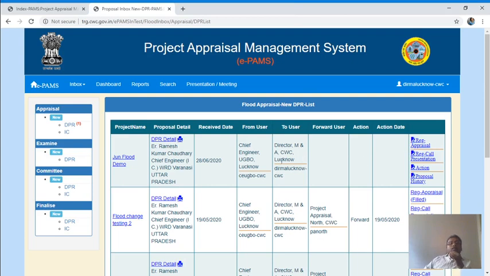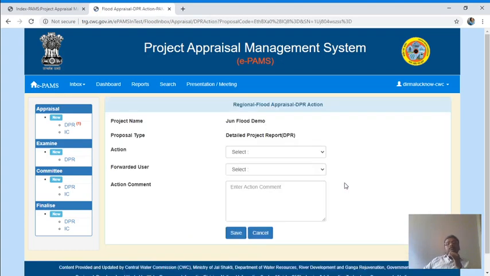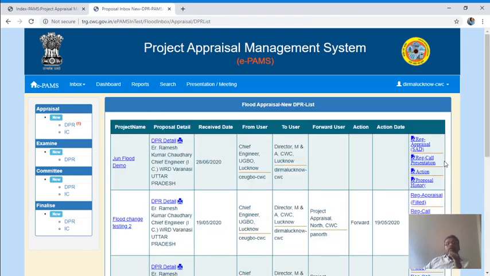Here this proposal is at regional level, so the nodal officer is doing the regional level appraisal. It cannot be done in one day, it may take some time, so it is still with you till you take action. If you take action then it will go out, you cannot edit it.